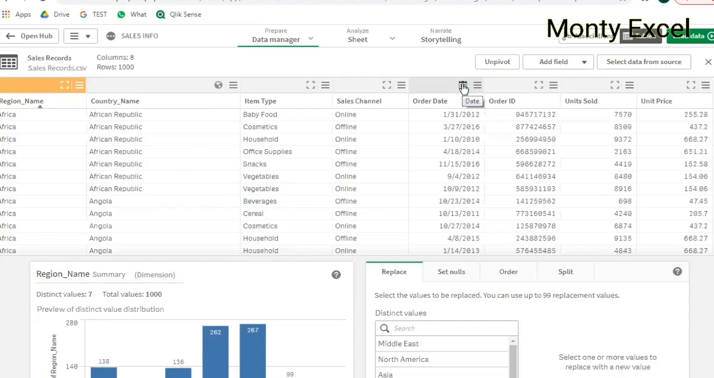I don't have any other column which is talking about the date, only one column which is order date. So in this one, it has identified this as a date format. So Qlik Sense has already identified it. So there is no need to change any data formats here. We'll try to do some modifications in the load script, not here, because this is a very easy one. If I want to change the name, I simply click on this and change it. If I want to,